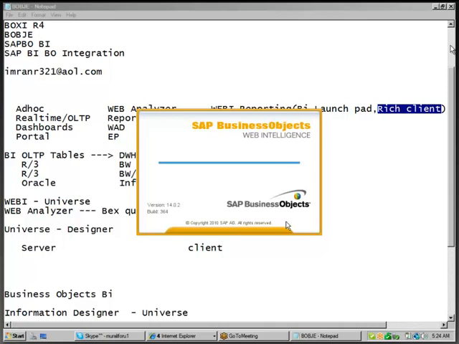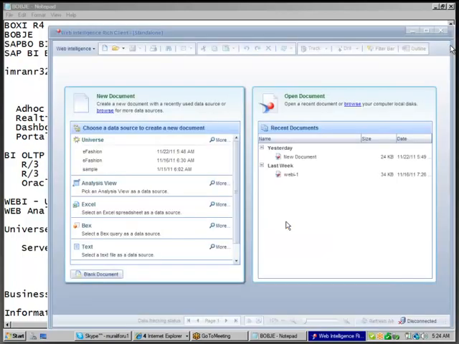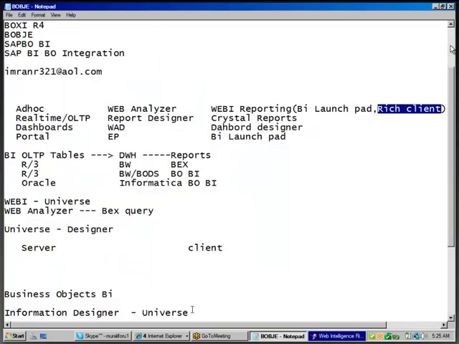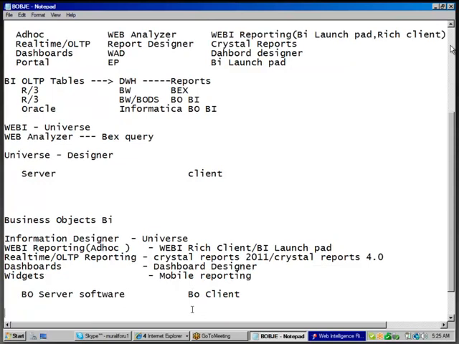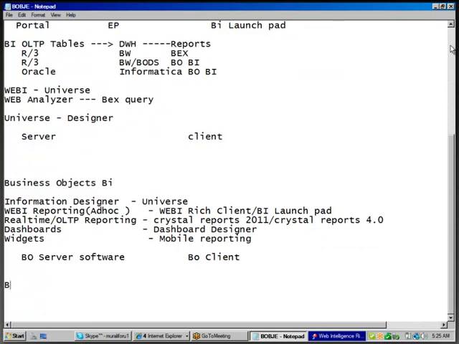So now Business Objects, they renamed it as SAP Business Objects. Please don't confuse. When you see on the internet, we have different names for Business Objects. Nowadays people are calling BO as BOBJ. BOBJ stands for Business Objects Enterprise.